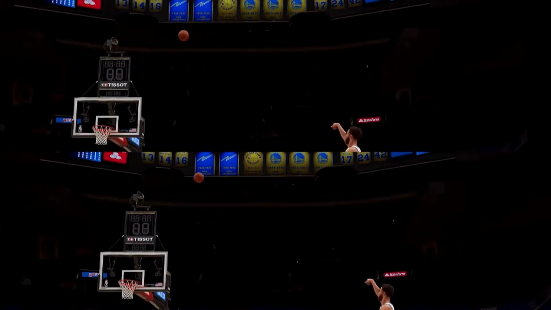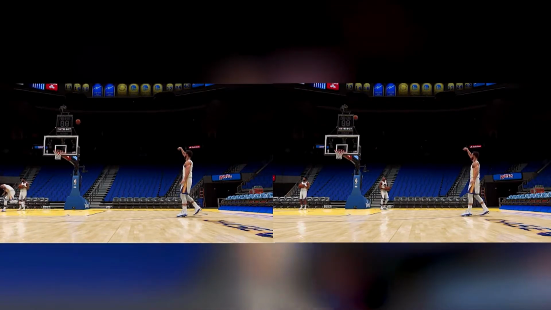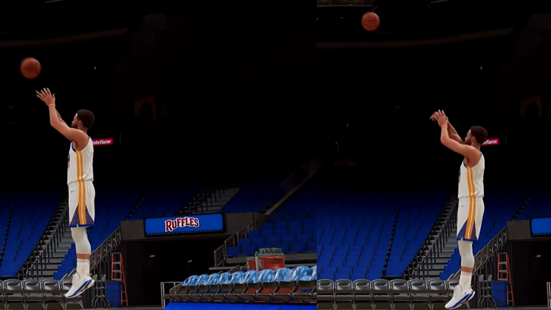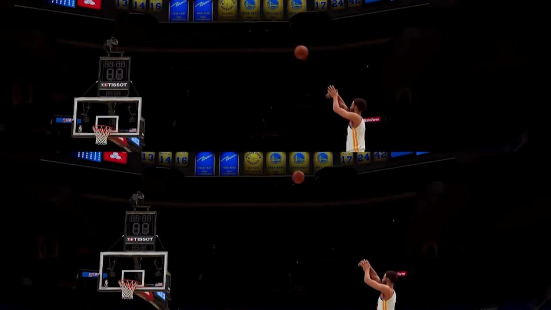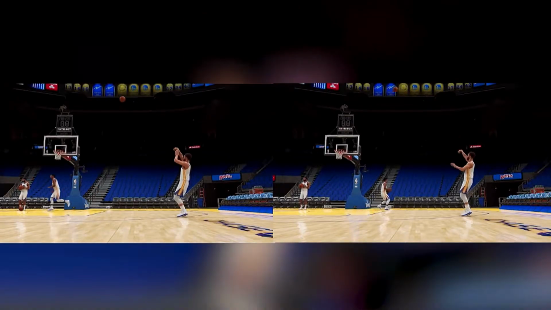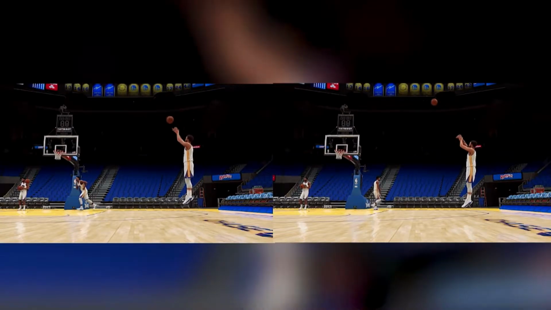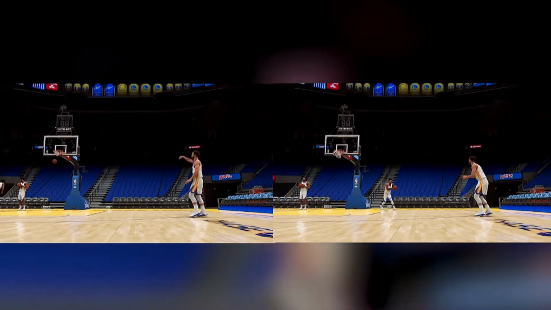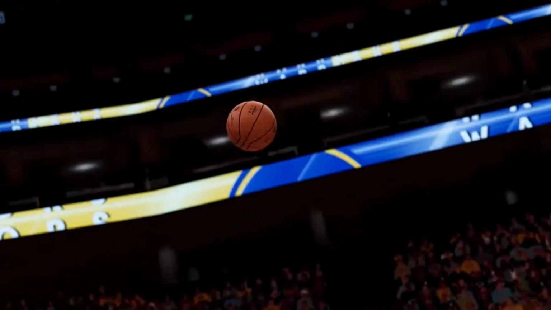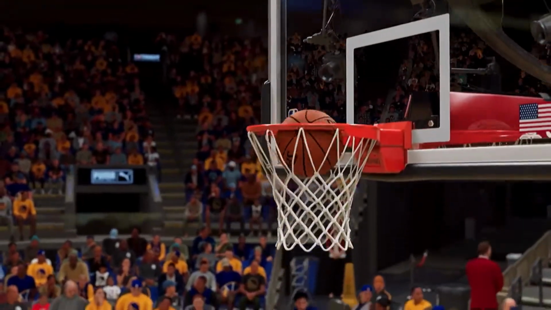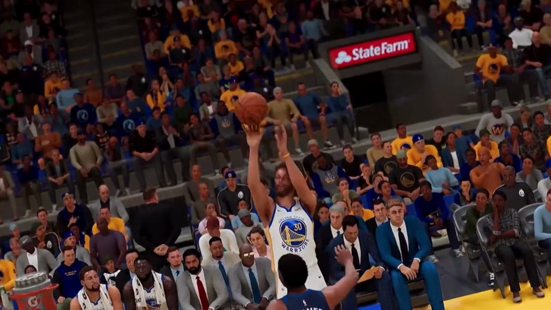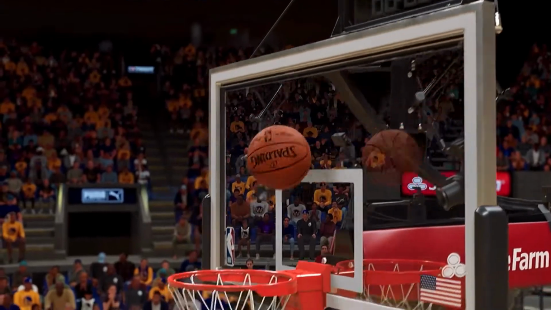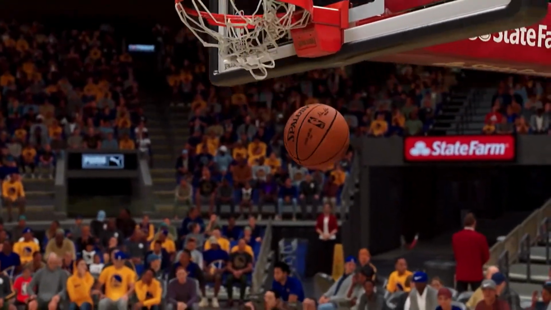For current gen, they barely do this. Like, how come your timing is altered in a different way, but it still looks exactly identical to 2K20? I did not understand this. Look how perfect that jump shot was from Steph Curry. He timed it perfectly. Now look at this animation here. The jump shot itself is still altered, and it's barely the same animations exactly from 2K20, copy and pasted